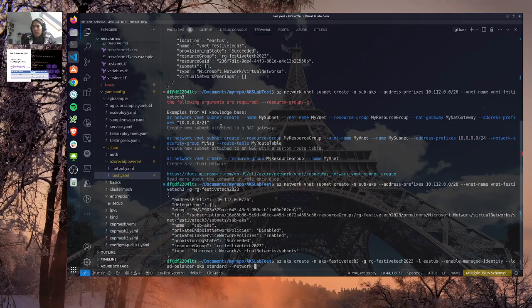Network plugin will be set to none, as I said. Enable cluster autoscaler. What should I add also?